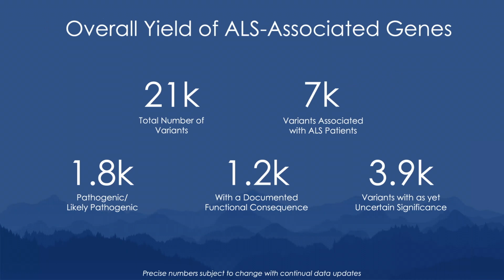So I alluded to the overall yield of the ALS-associated genes. I'll highlight here, as I mentioned before, that there's a vast number of variants from among those genes that are now clinically associated with ALS based on the evidence that we'd assembled and reviewed. But there's also a very large number of variants that were found in patients and associated with disease, but for which there's yet insufficient evidence to pass that clinical threshold, but which nevertheless, and especially in aggregate, are very relevant to better understanding some of the idiosyncrasies of the ALS disease.